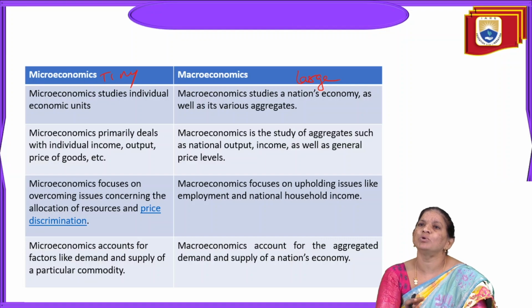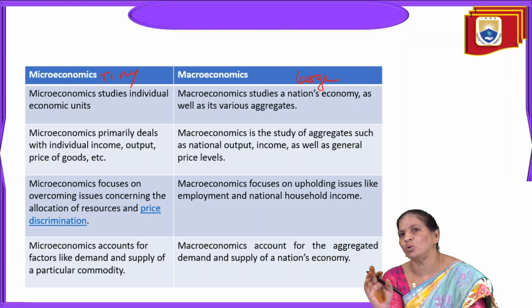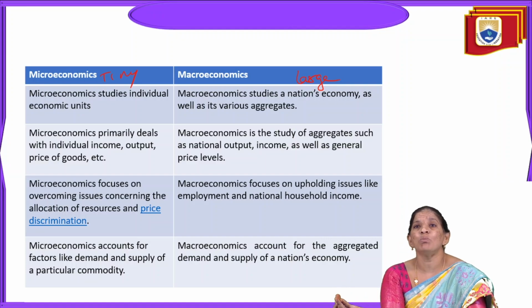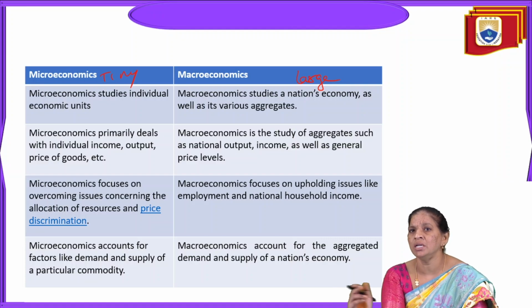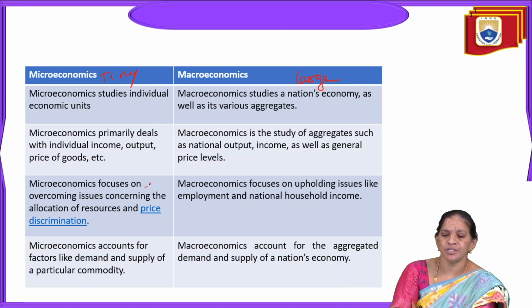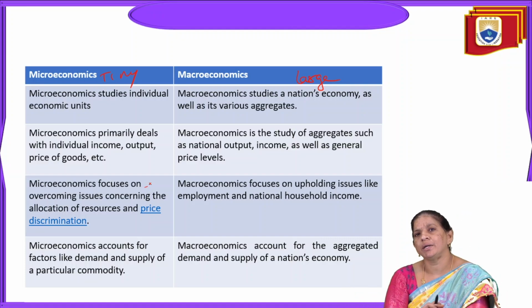Maybe when I say one state's income, that is micro. But under macro, I'll add all the states of India and say the income of India, that is the national income or national output. And next, the third differentiation between micro and macro is